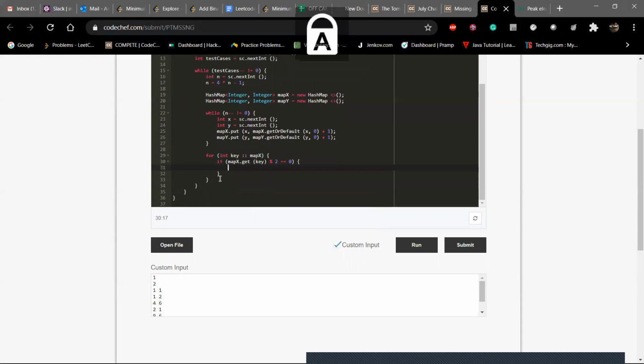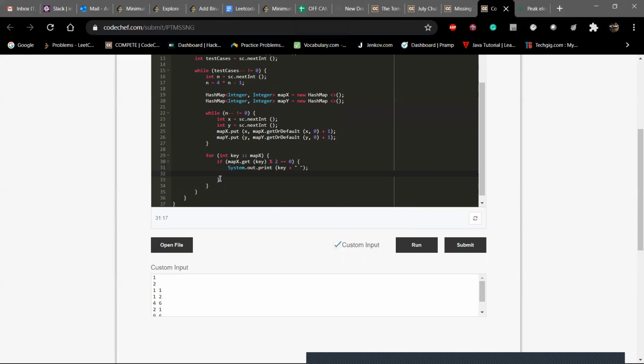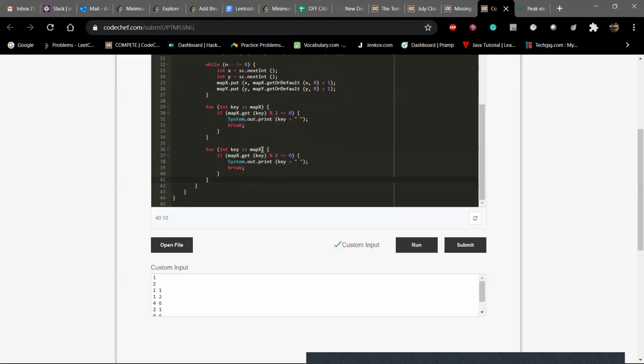Then print the key and use break, there is no need to traverse the whole map. I do the same for y: for key in map y, if map y.get(key) modulus 2 is not equal to 0, print it.